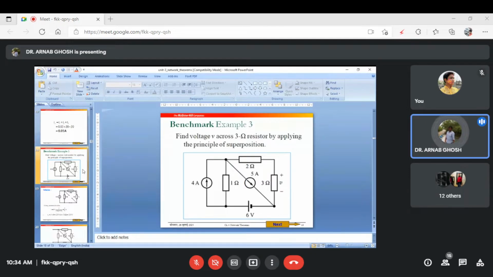Okay, now you do this problem. You have to calculate the voltage across the 3 ohm resistor, and this is one of the important problems for your exam. Please everybody copy this problem and try to solve this, because this is an important problem for your exams. I'm again repeating, we have said first day itself that the important problems will be told to you, which are important for your exam. So this is one of the important problems for your exam, so please try to solve this.